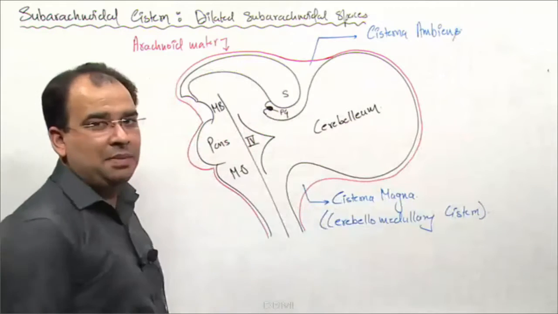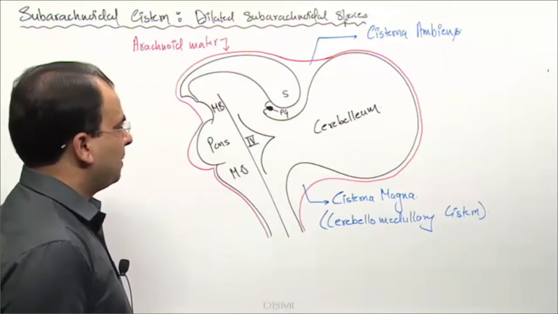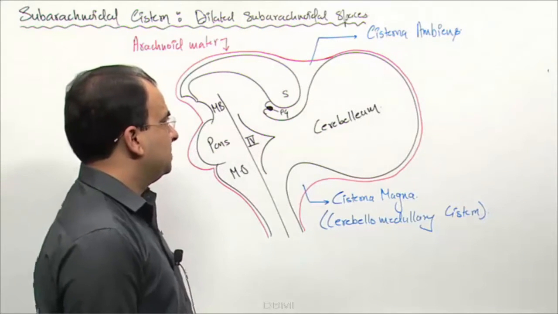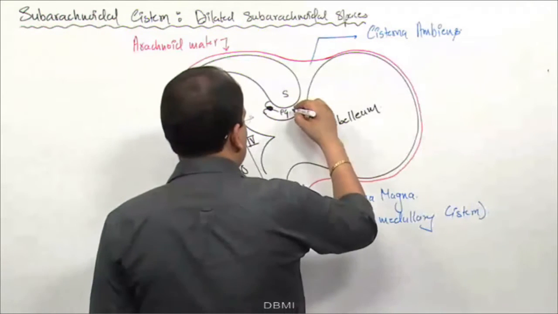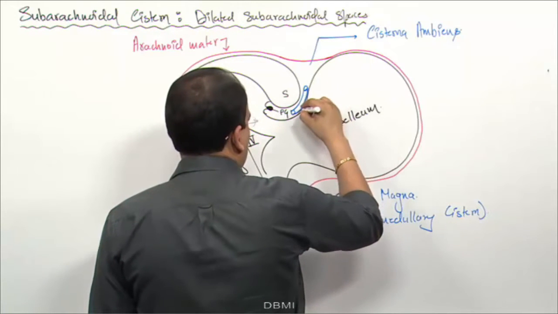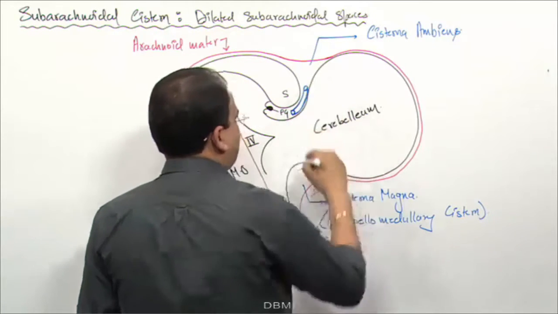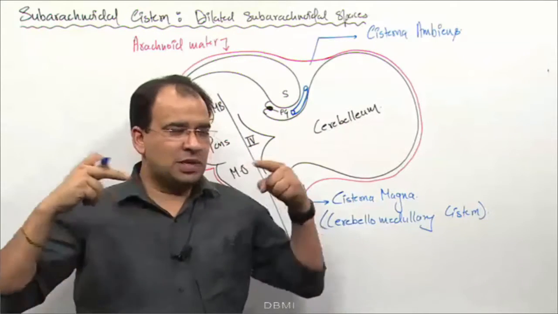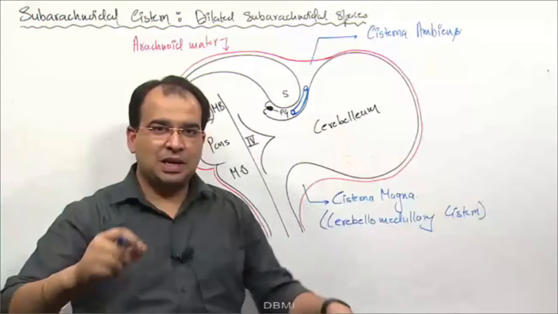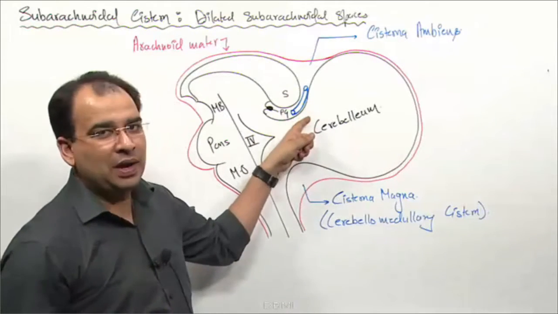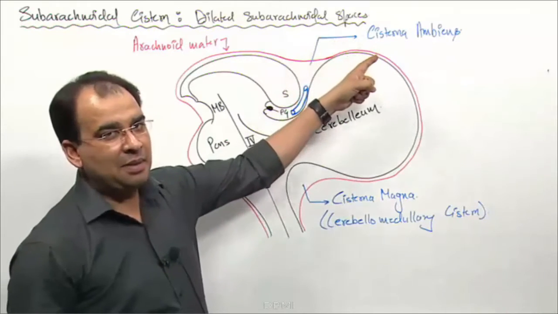That is the cisterna ambiens. The ambient cistern, the cisterna ambiens. What we have in cisterna ambiens is the vein which will continue as the straight sinus. We discussed the straight sinus, remember? The straight sinus which goes as a transverse sinus and sigmoid sinus. That straight sinus is actually formed by the continuation of this vein which is a content of cisterna ambiens, and